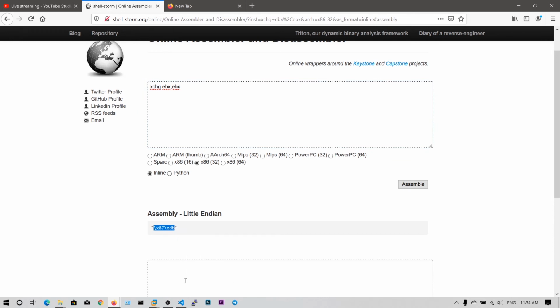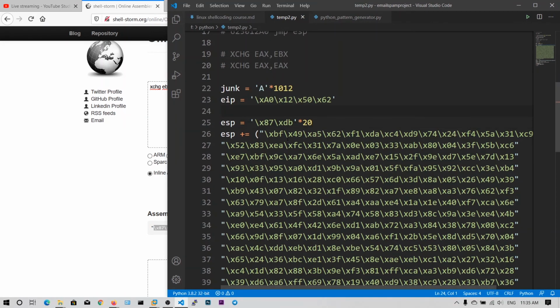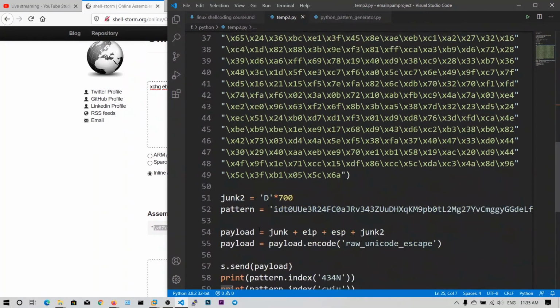Now let me copy this and paste it in here. This is simply the NOP byte, and we can use 40 of these NOP bytes. Let's say 20 are enough. After hitting the jump ESP, these instructions get executed, and obviously do nothing, and then our shellcode gets executed.